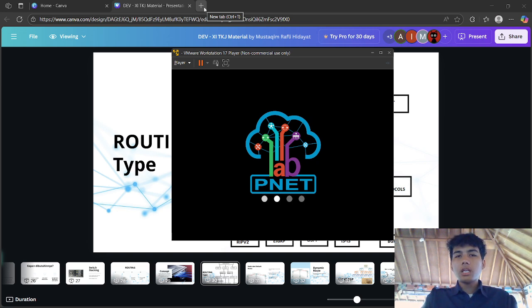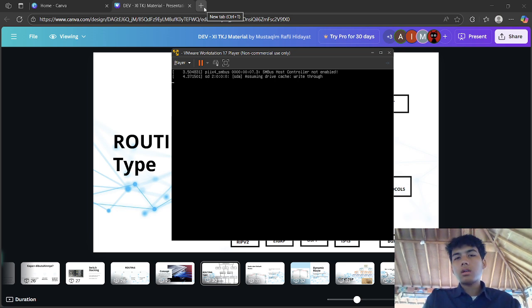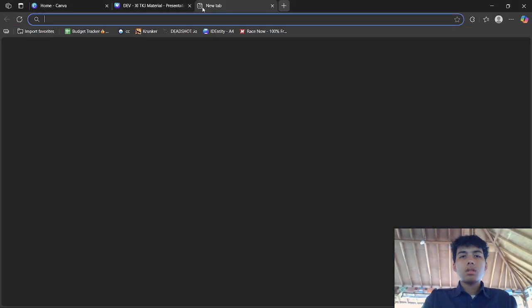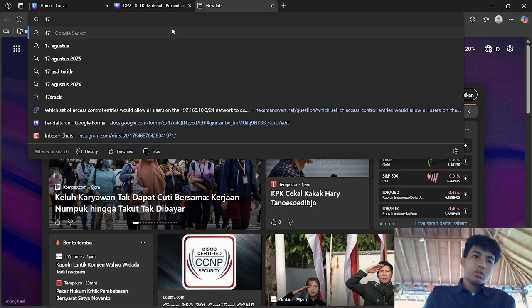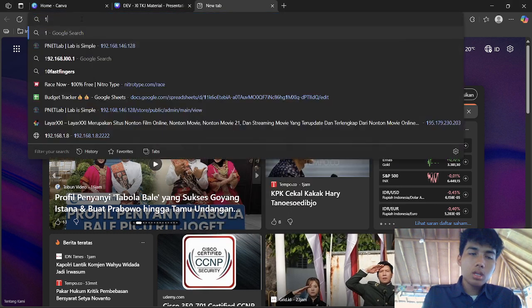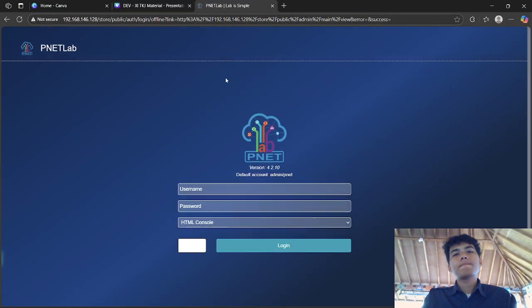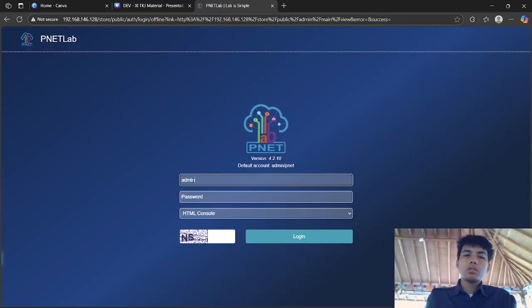Simply, VNet seems like Cisco Packet Tracer, but it is closer to a real router. So let's start it. Here is my IP. I will connect it and we'll use the basic one.